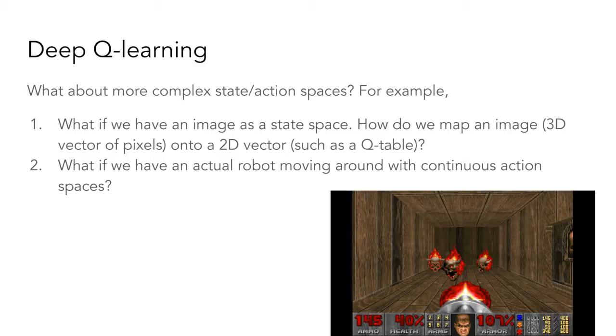So if I were to ask you, all right, instead of a maze in which the states might be represented as 1, 2, 3 as integers, we now have an image. An image can be RGB, 3-dimensional, lots of different pixels. That doesn't really make sense how to plot that onto a 2D matrix. If you can think of a way of doing that, by all means, but it's probably going to require an enormous amount of RAM.